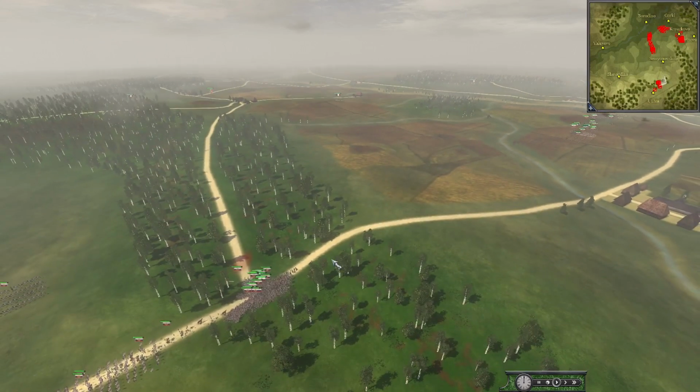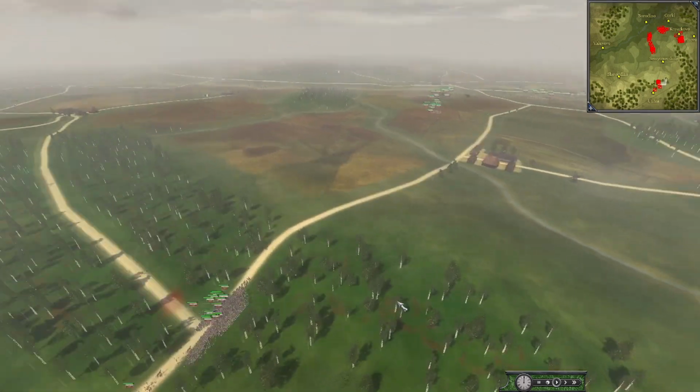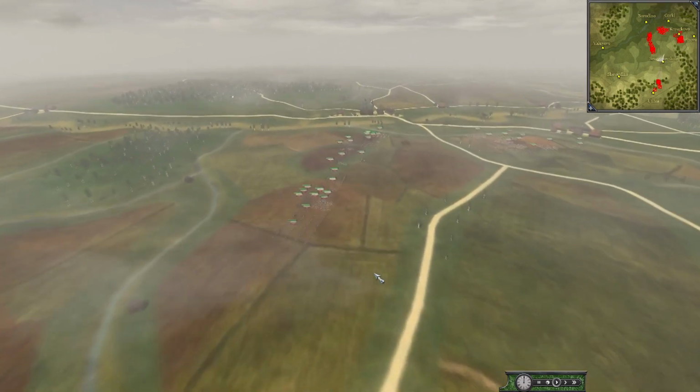We have another Borodino map. Now we have seen this map several times. Gonna see it again because this battle I was sent guaranteeing an amazing replay. So,